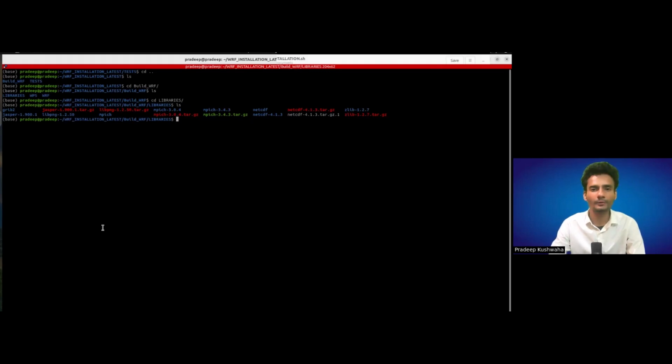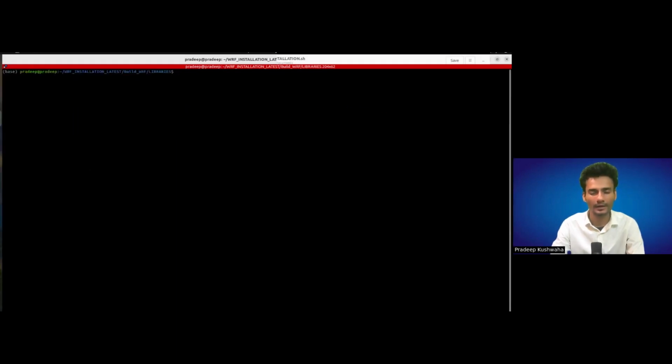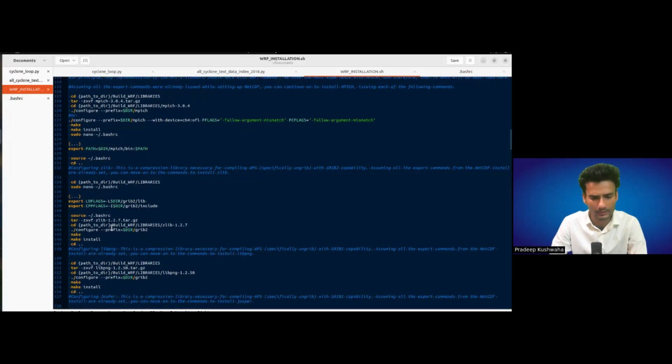First, we have to untar the Zlib library. How will you do this? Use tar xvzf and the zlib file. This command will untar the file system within the Zlib compression file. Now we have to simply configure it and then compile. The command is very simple. You just need to use configure,